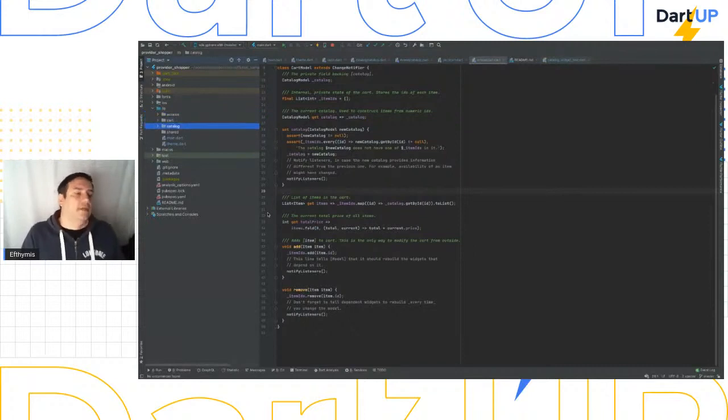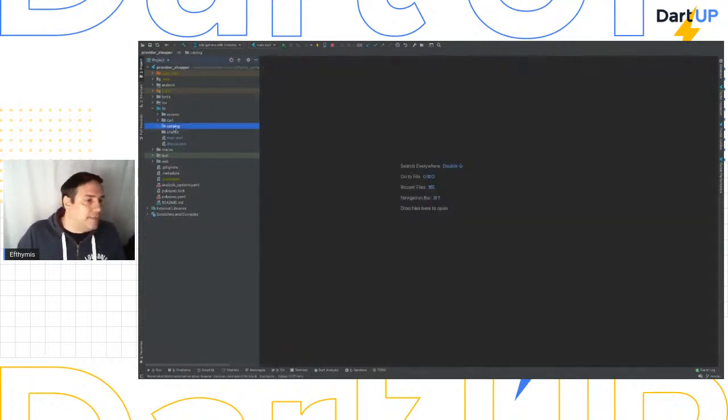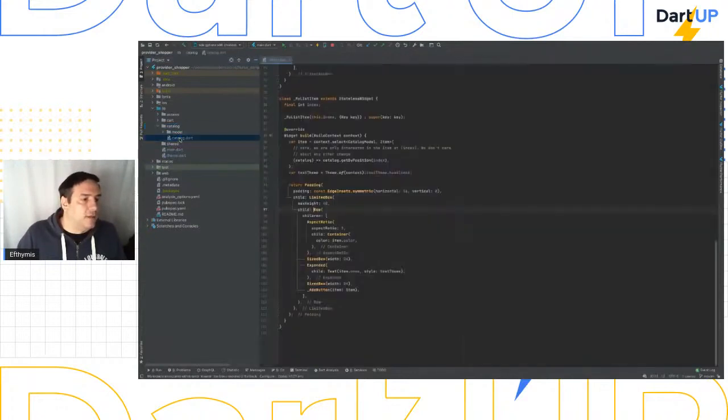Immediately I understand that this is a shopping cart application, probably. But is that enough? No. Let's see if those are isolated. Let's see if we have interdependencies between those features. And actually, if I go to the catalog,